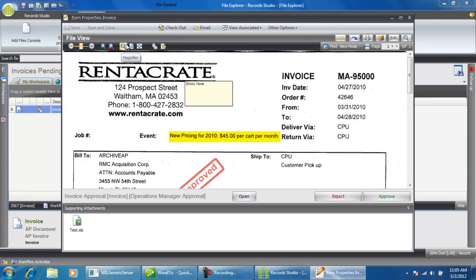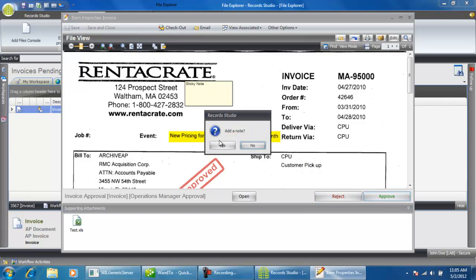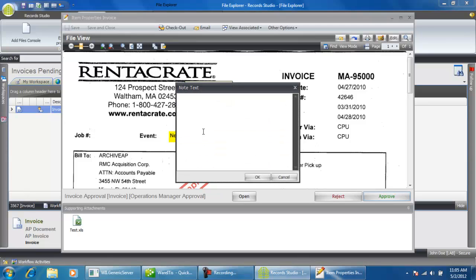So having done my procedural tasks and made sure that the invoice was good and looked at the contract if I needed to, verified that the invoice falls within the scope of the purchase order, I'm ready to approve this invoice. And so I'm just going to click the Approve button, and Record Studio will prompt me to add a note to my approval. So I'm going to say yes, checked